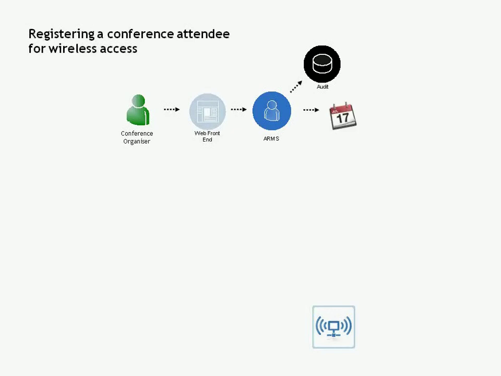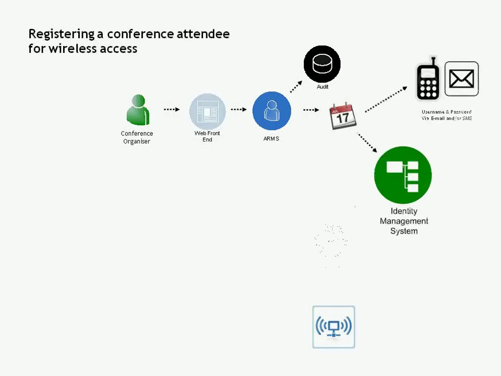The organizer sets a start date, so the class of user has a default duration. In order to apply that, we need to know when the user is going to start. So we can add these conference attendees the week before, the month before, on the day, whatever that might be. In the example here, it's July the 17th. Once it is July the 17th, an event will be triggered to go ahead and create the account into the